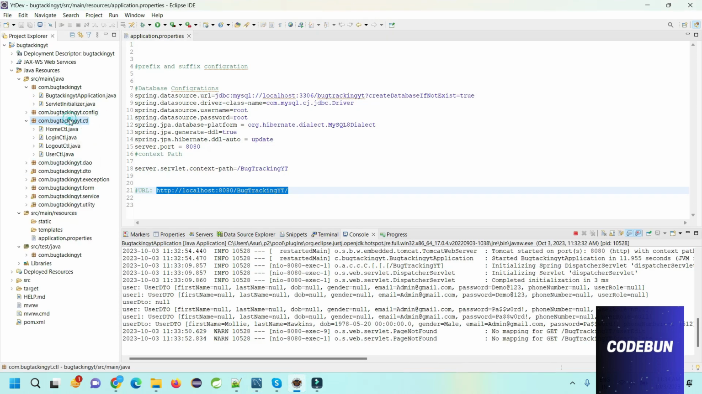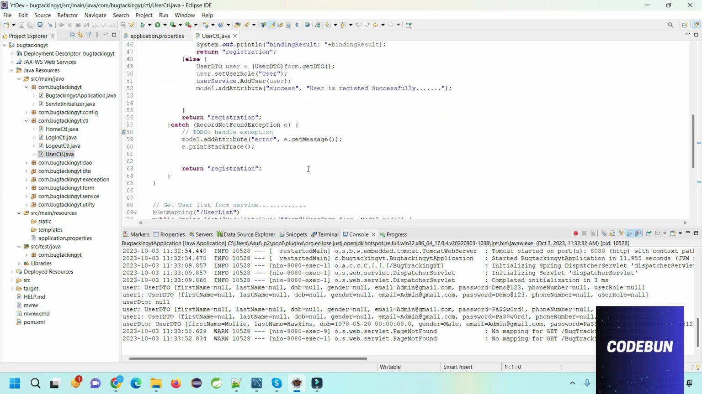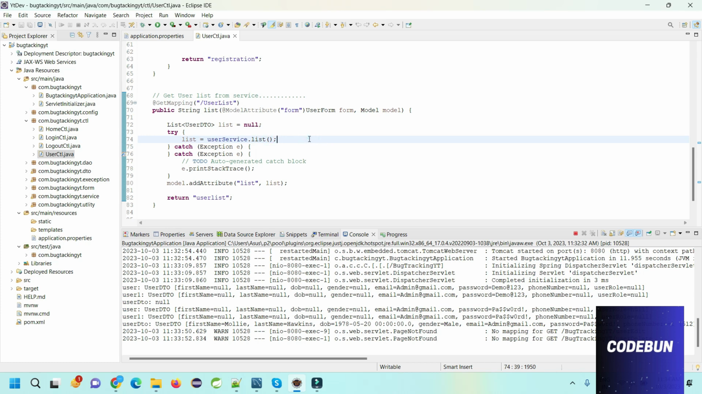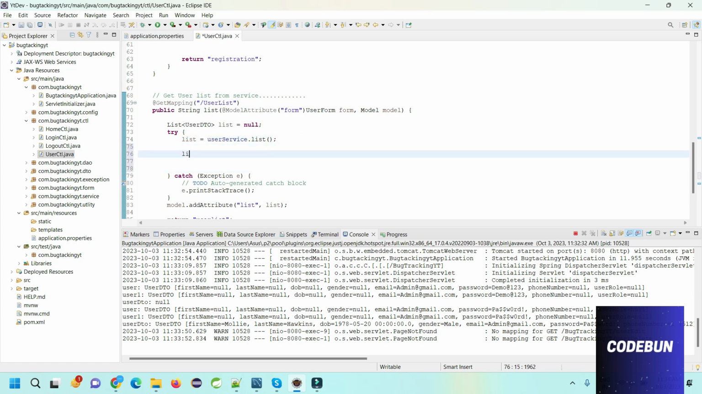For that, I just go to the controller. In the user controller, we are displaying a list from here. Where is the list? Here we are displaying the list. When the user calls this user list, it will display this list. So into this, I can implement one feature here. So let's say I'm going to add a list,